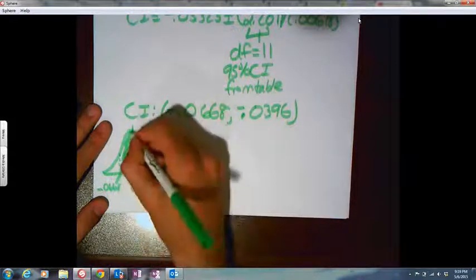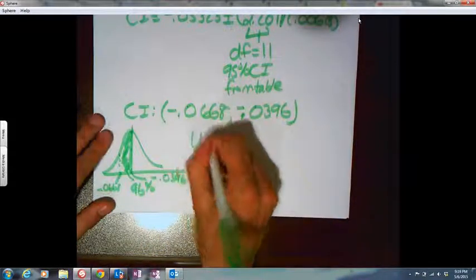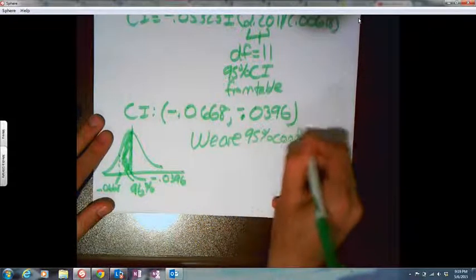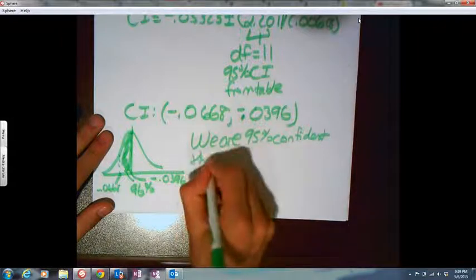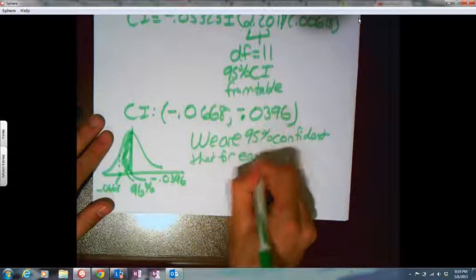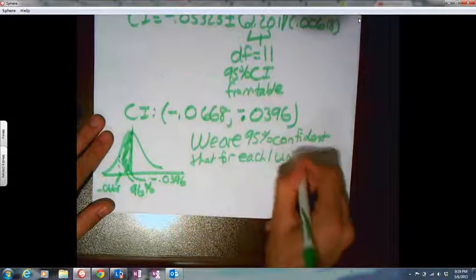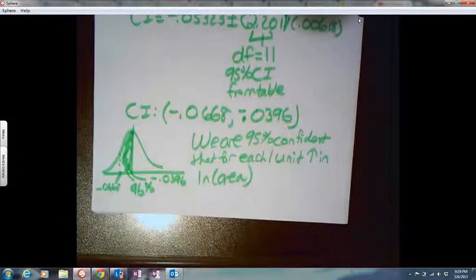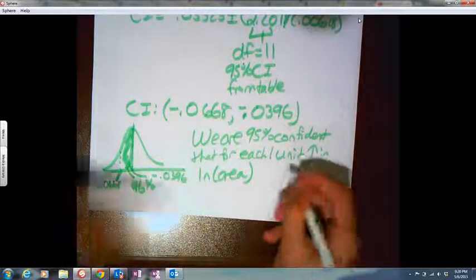And we are 95% confident, we're talking about slope here, that for each 1 unit increase in natural log of area. And why is it natural log? Because if you look back at the problem, it was natural log of area. So remember, the slope is for every 1 unit increase of x, the y variable, which is the proportion extinct, changes. For 1 unit increase in natural log of area, the proportion extinct